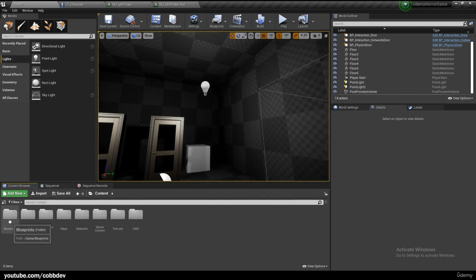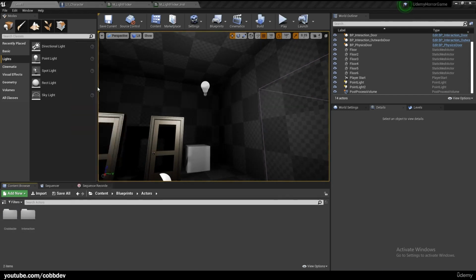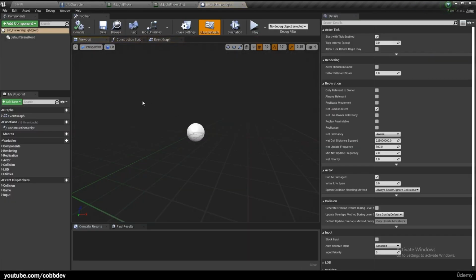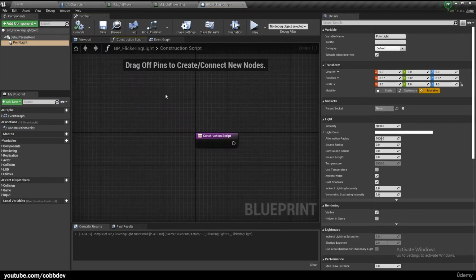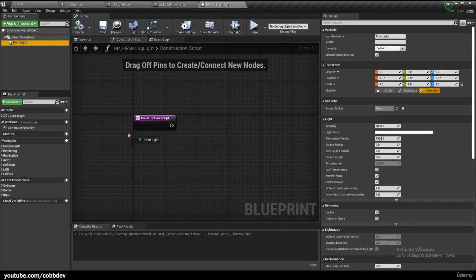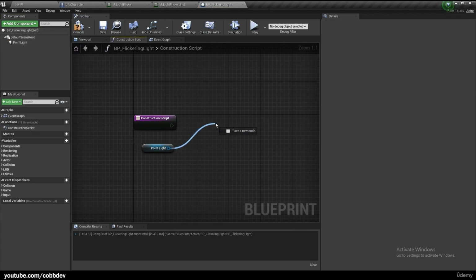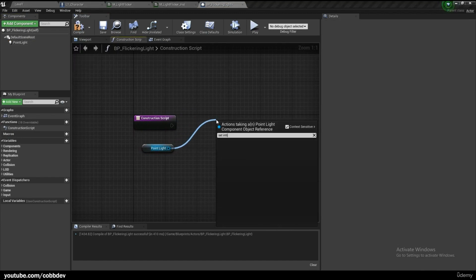blueprint version. So if we go into blueprints, actors, we can right click, create blueprint class, actor, and we'll call this BP flickering light. Open this up, and we can add a point light, compile and save, and in the construction script, grab our point light, and we want to set intensity